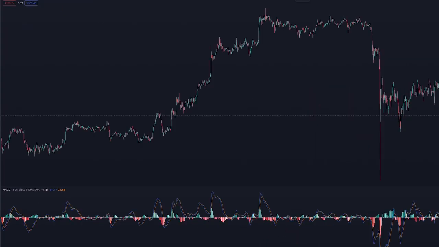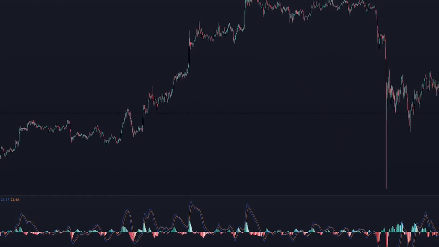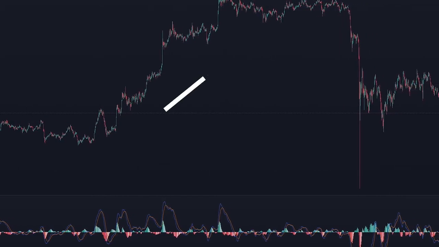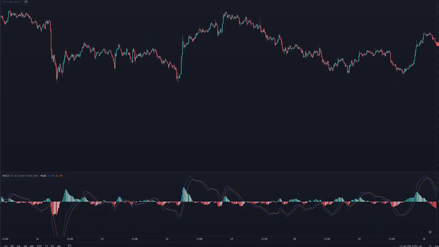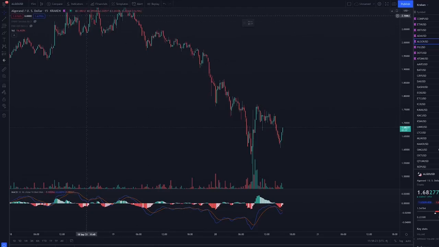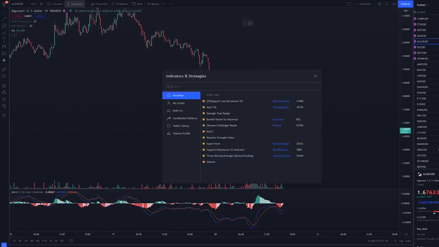A simple fix to this issue, for example, if we're trading long, we only want to trade if the market is in an uptrend. You never want to trade against the trend because the odds will always be against you. So an easy way to figure out if the market is in an uptrend, you simply just need to add a 200-day moving average. To do this, you're going to go to the Indicators tab on TradingView and type in